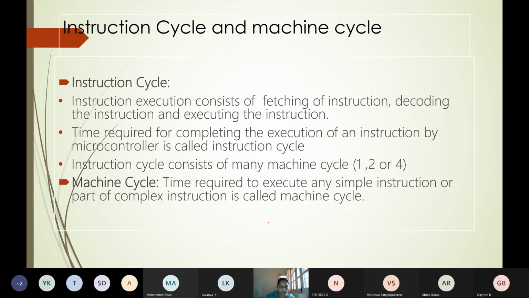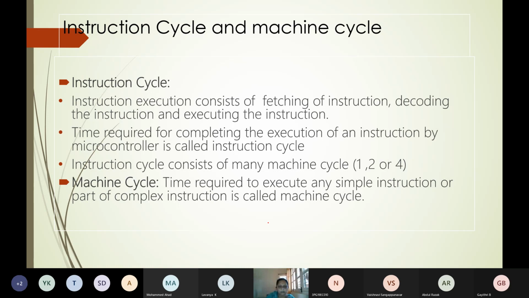When we execute an instruction, the instruction execution consists of opcode fetching. Last time you have seen in the CO that first the opcode, the instruction, needs to be fetched. Once the instruction is fetched, later it is decoded. Once it is decoded, the processor gets to know what action needs to be carried out or what signals need to be generated to execute that instruction. So first fetch the instruction, next decode it, and then execute it. The instruction cycle consists of all these things.